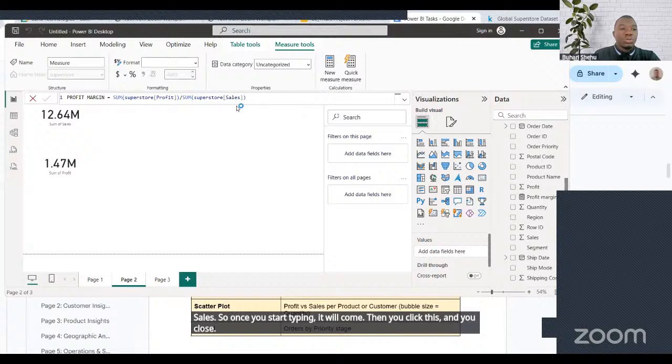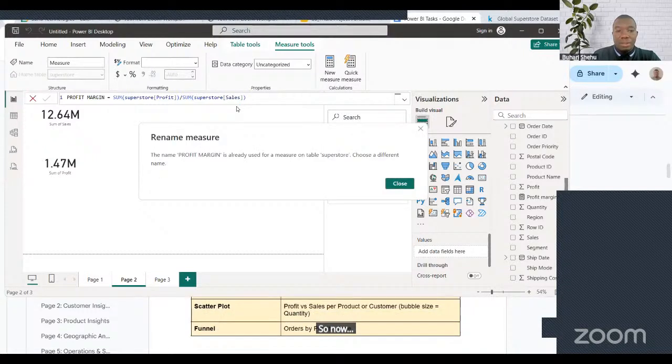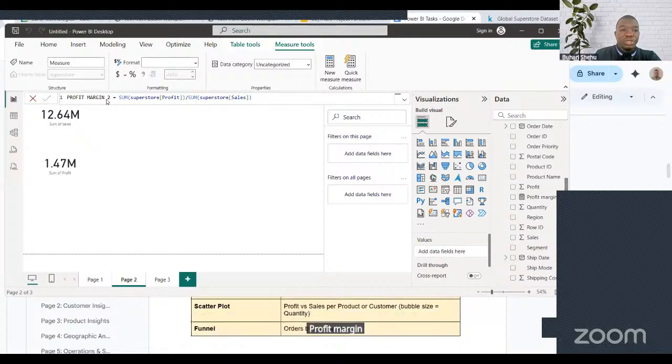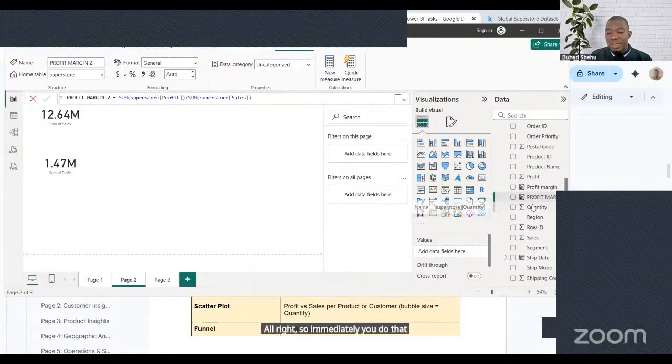So now, okay, it is saying it's already in use because of the other one that we created. So let me give it another name here too. Profit margin 2 is equal to. All right, so immediately you do that, you can see